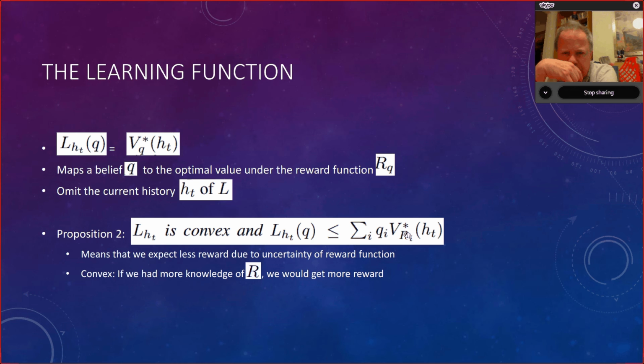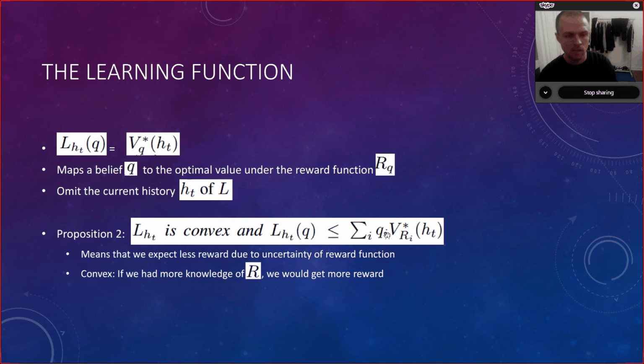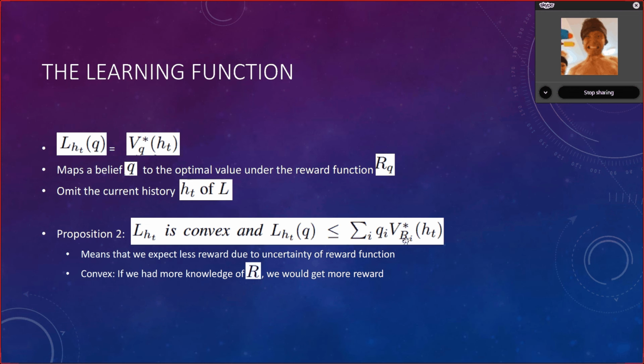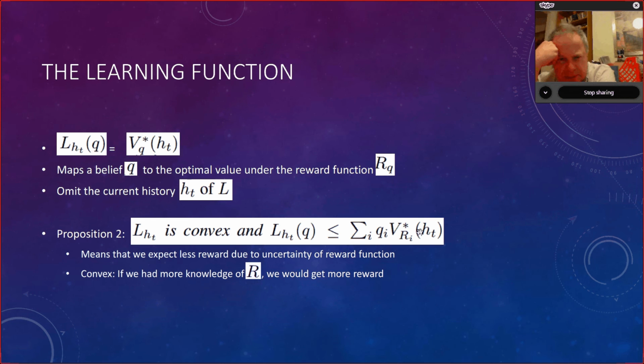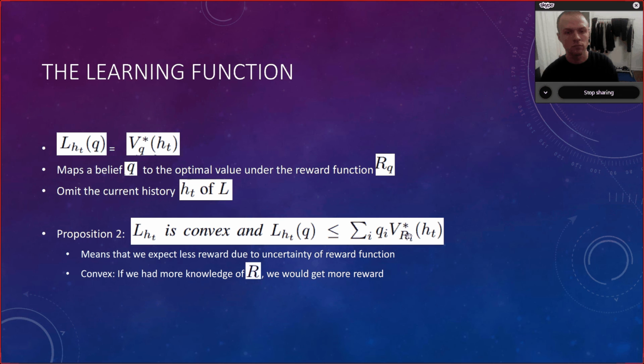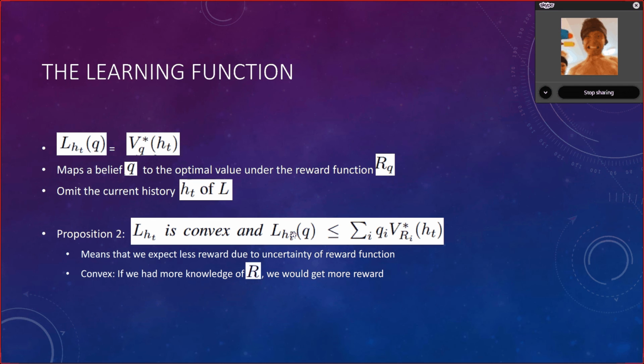So let's say you believe in clubs. If you believed in clubs, this i here is clubs, then you would have a strategy that maximized the points you would get from clubs. And this is the optimal clubs strategy. So if you add the points you would get from that with the points you would get if you followed a maximum spades strategy, you would get at most as many points.